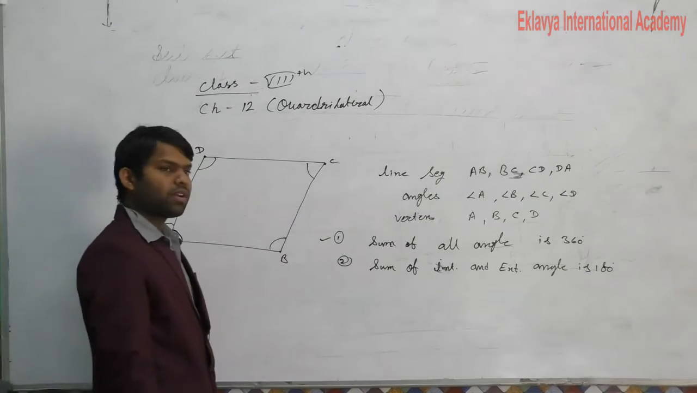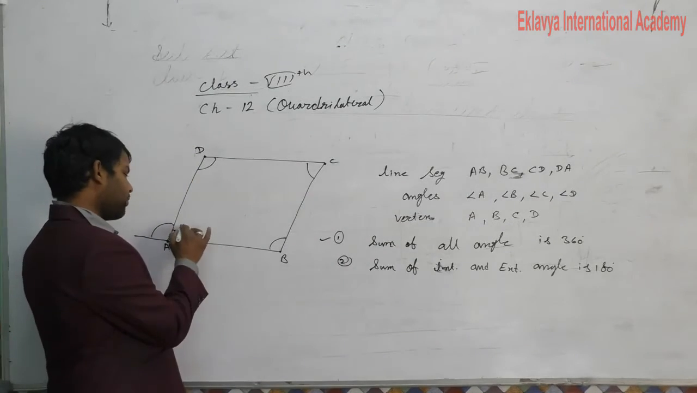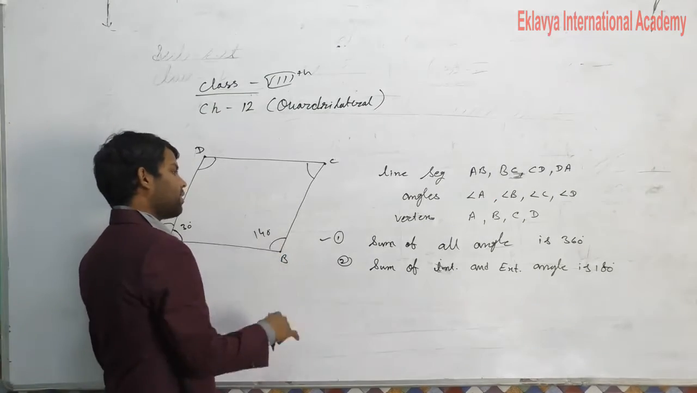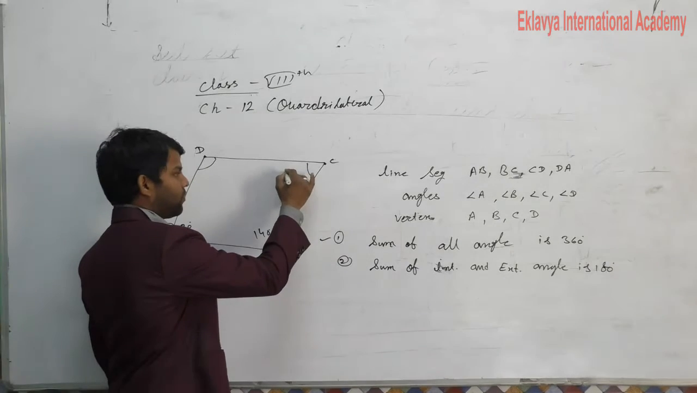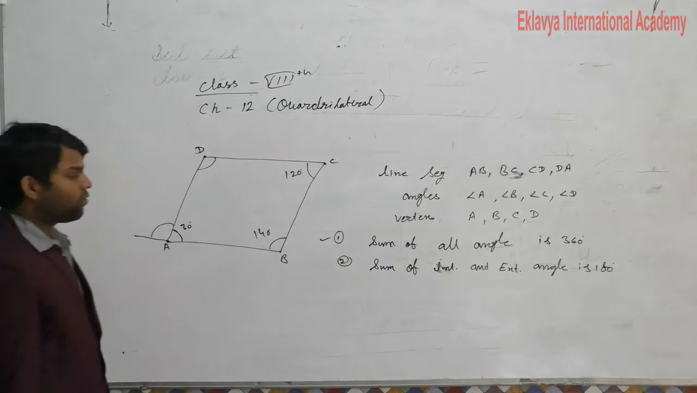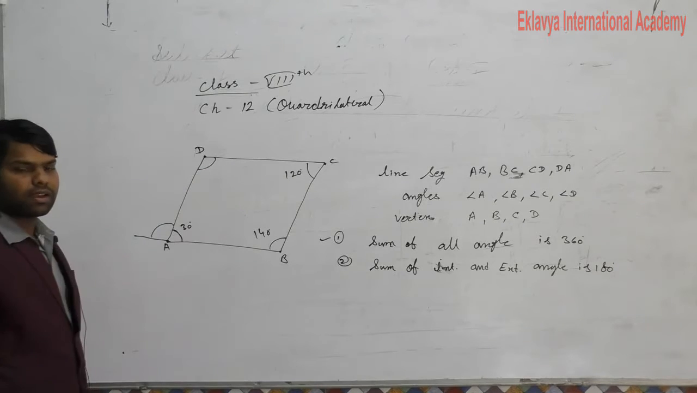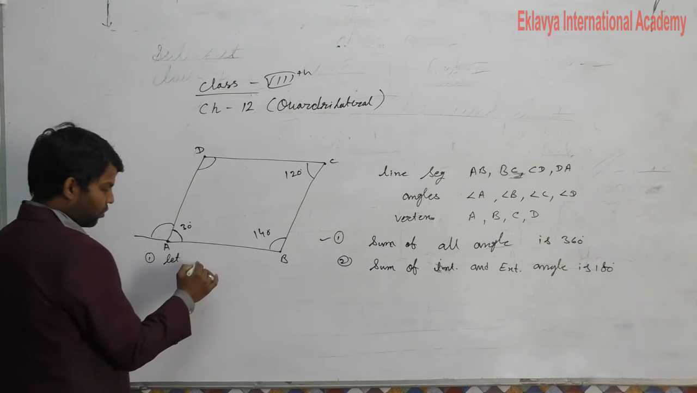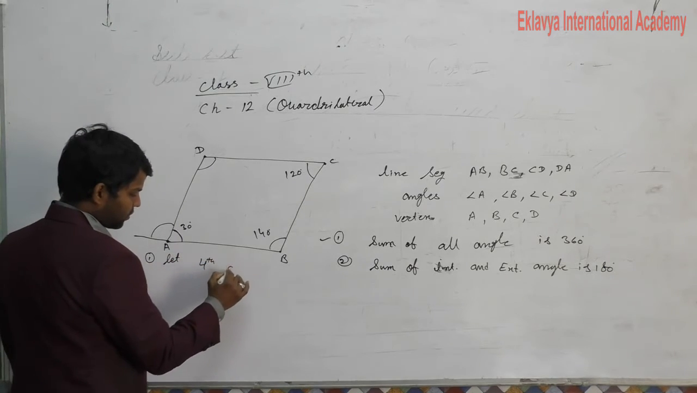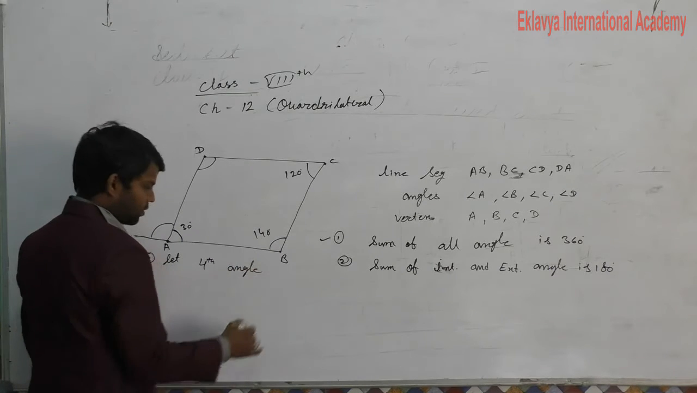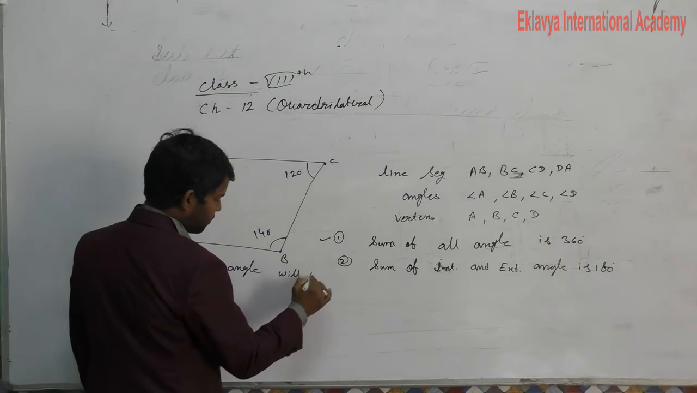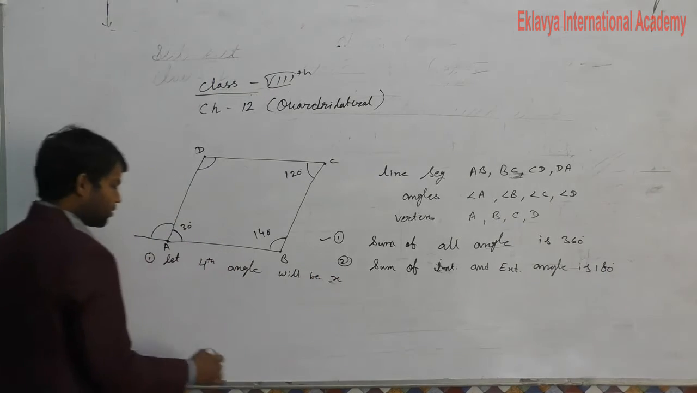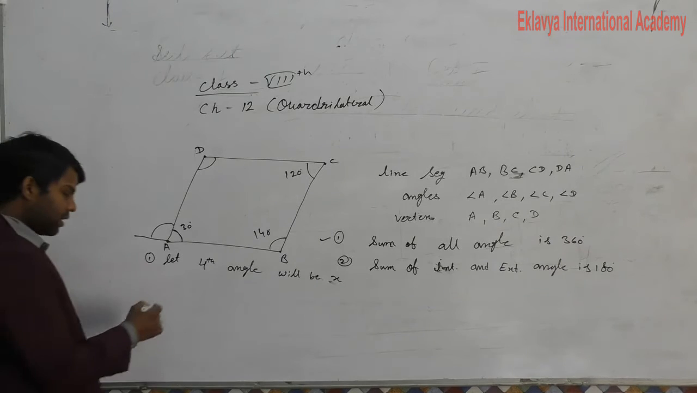Here we have some different types of questions, like if one angle is given 30 degrees, second is 40, third is 120 degrees. If we want to find the fourth angle, then let the fourth angle be x. So according to angle sum property,